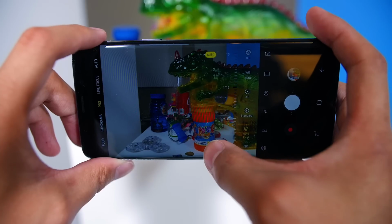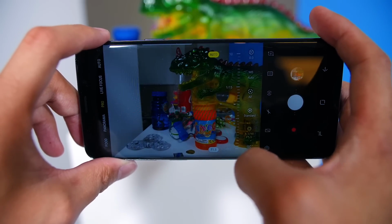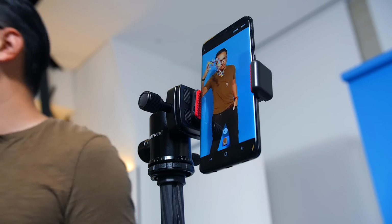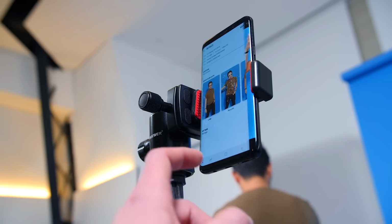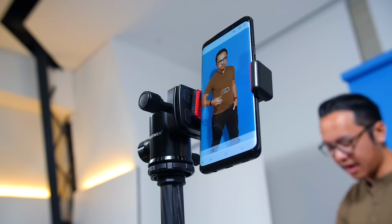And that doesn't even take into consideration new modes that we have talked about in a camera feature focus video you can also see on this channel. Super slow motion is really fun. 960 frames per second at 720p resolution is always going to be a fun prospect, but trying to get that perfect shot might be a bit tough. That's why the auto mode figures out when the motion happens,